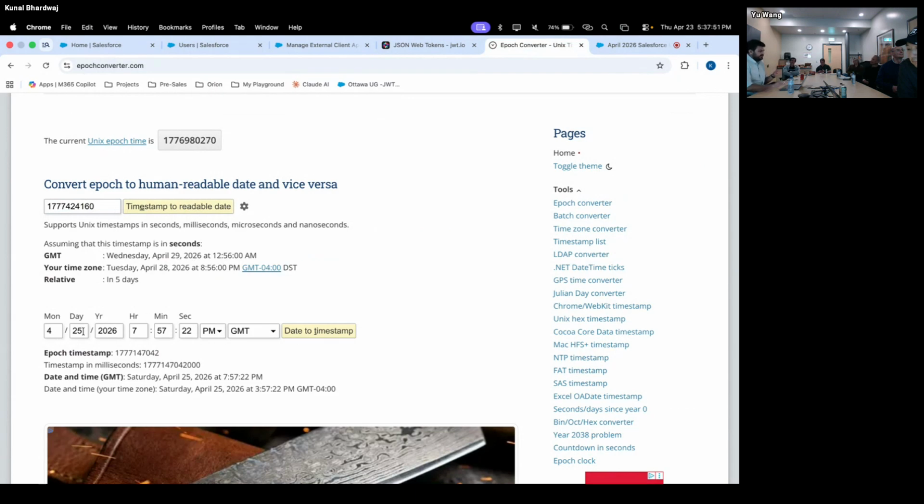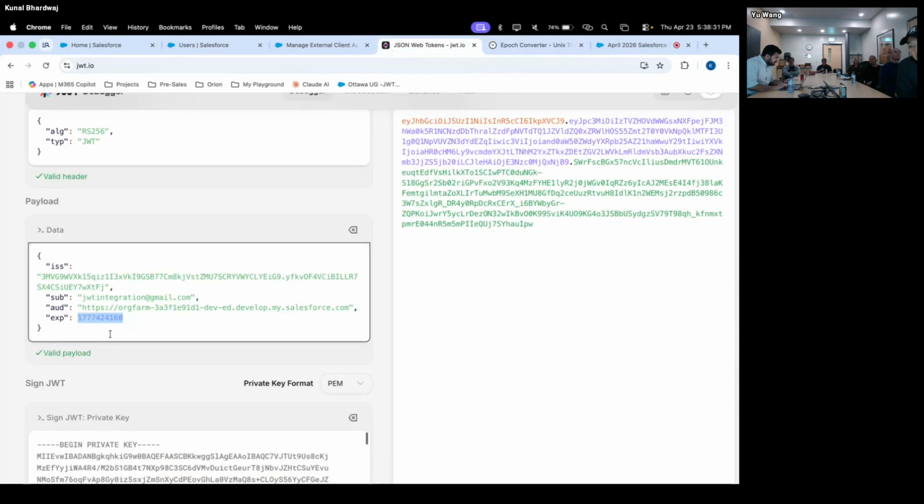I would highly recommend to keep your JSON Web Token for a 1 to 3 minute expiration time. Because even if someone takes the token, before they could really do something with it, the token will already expire. Unlike a password, once they have access to your password, they have unlimited access to everything, which we'll get into later. But keeping an expiration time on your JSON Web Token gives you a lot more security. Okay, so for now, this is not a real production, so I'm just going to keep it to tomorrow,